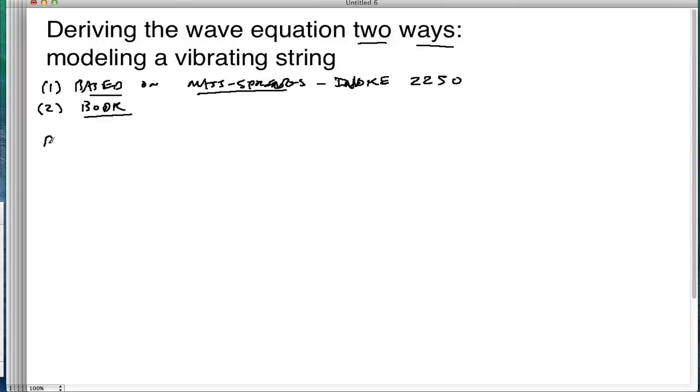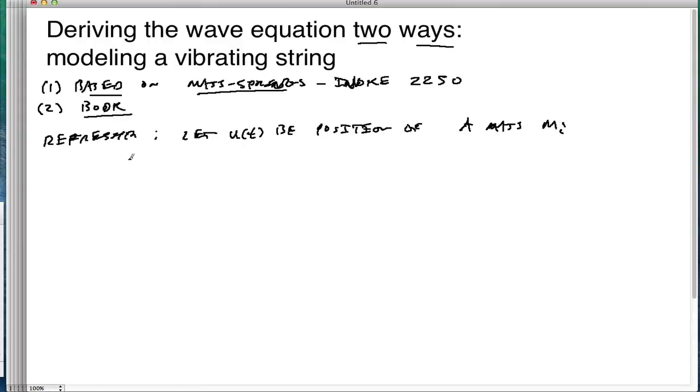So this is a little refresher. Let's say I let u of t be the position of a mass. I'll call it m_i. We can think of that as being right there. And we're going to put a little spring on it, and we're going to anchor that to the ground. First of all, what we're going to do is